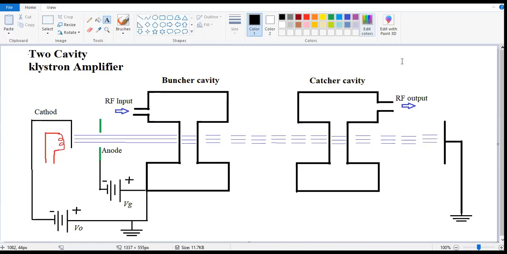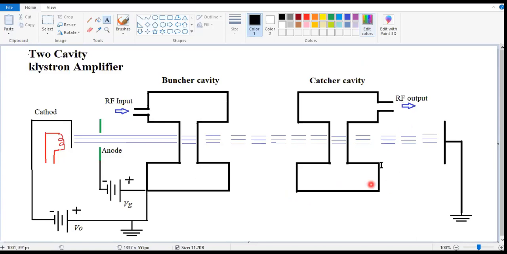So now the question is, what is the amplifier or the generator for the microwave signal? This is the very basic, and till date this amplifier, the two cavity klystron amplifier, as you are able to see here, is visible. In the two cavity klystron amplifier you can see the two cavities are there. This is one cavity and this is the other cavity.